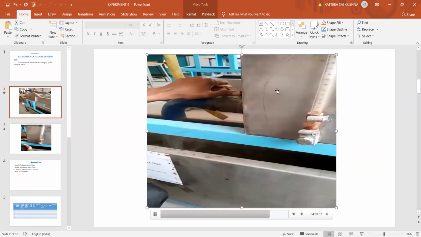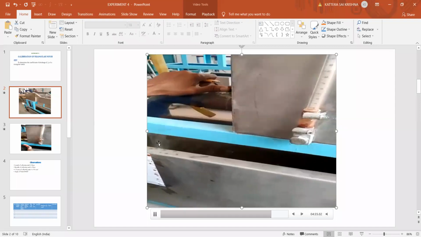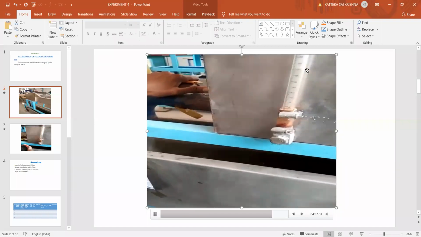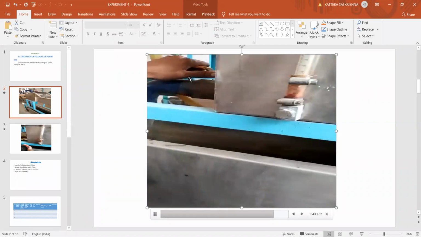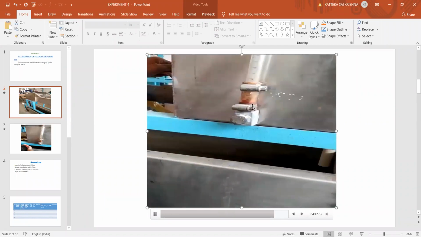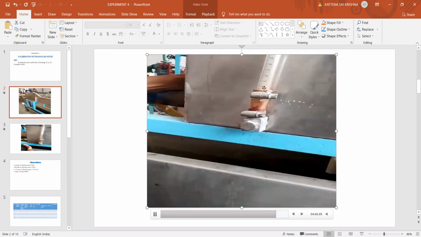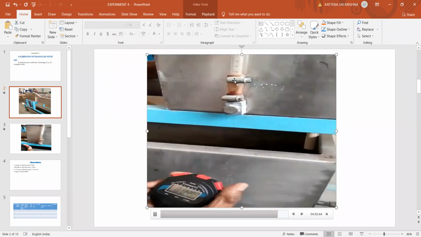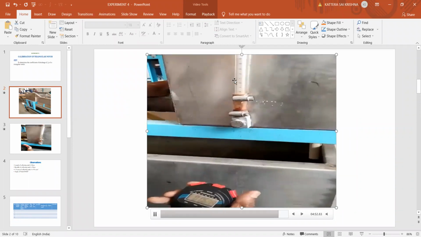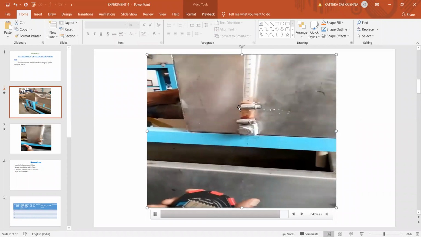Yes. So this is the collecting tank. First, we are emptying the tank for finding the time taken for the 10 centimeters rise. Okay. So after emptying the tank, we should close the valve. Then again, we have to start the time for the 10 centimeters rise. You can start at this point, water level from this point. For 10 centimeters rise, what is the time taken? We need to calculate by using the stopwatch.